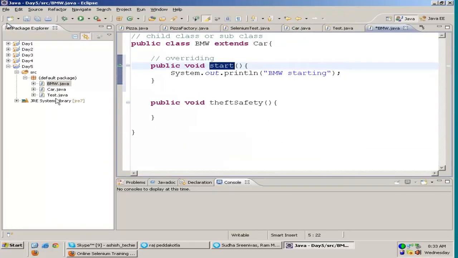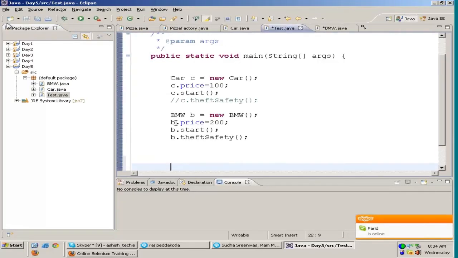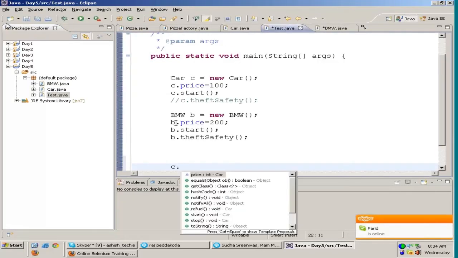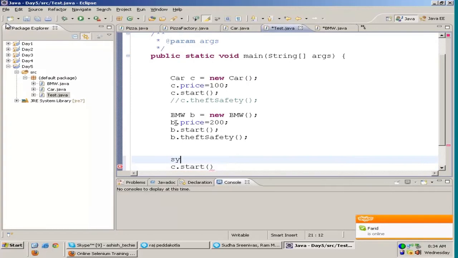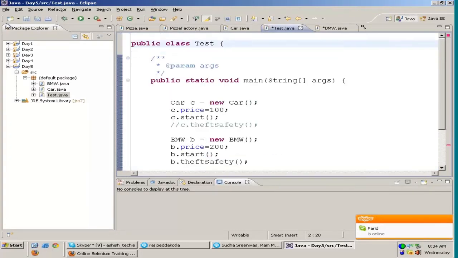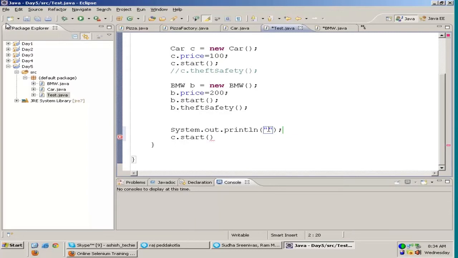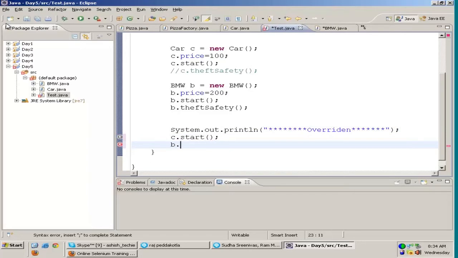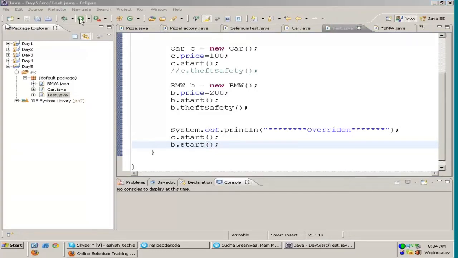Now if in the test.java, I go and call c.start, I'll just write in double quotes overridden, right? If I write c.start and BMW b.start, and I run this program,